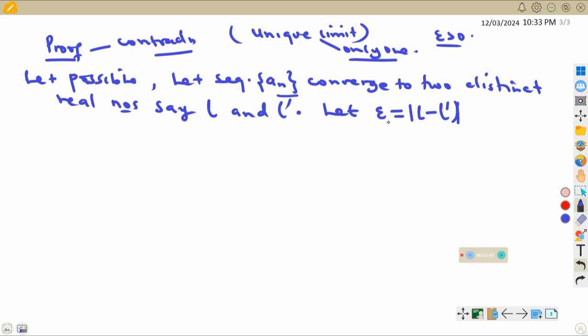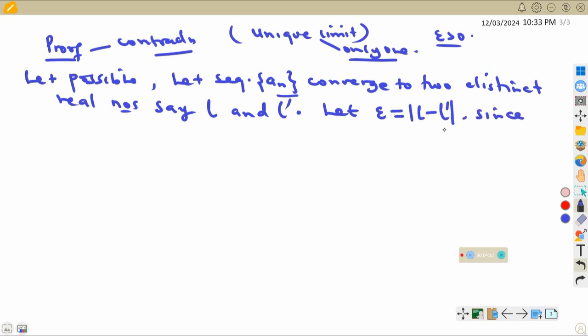So we are saying that the absolute value of L minus L prime, we need to see whether it is greater than 0 for this to hold for a convergent sequence. You know, by definition, the epsilon must be greater than 0. So we are saying let epsilon be equal to this, but we need to show that this expression is actually greater than 0. So for that case, let us say,